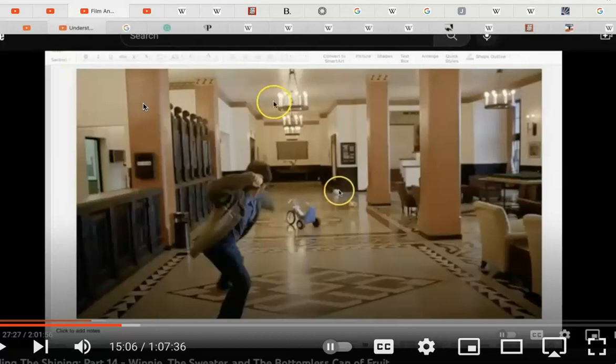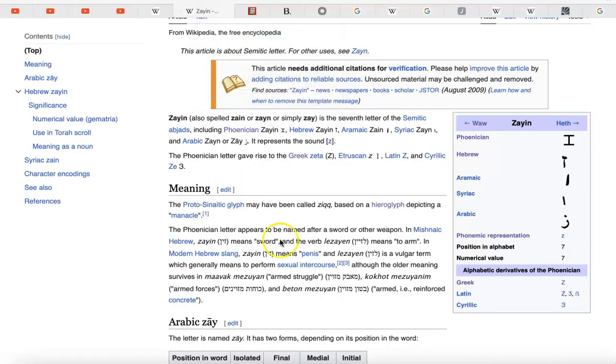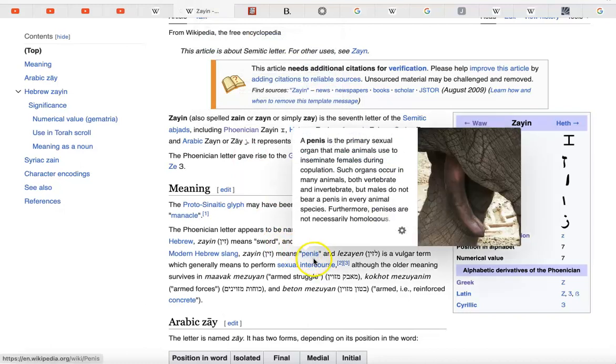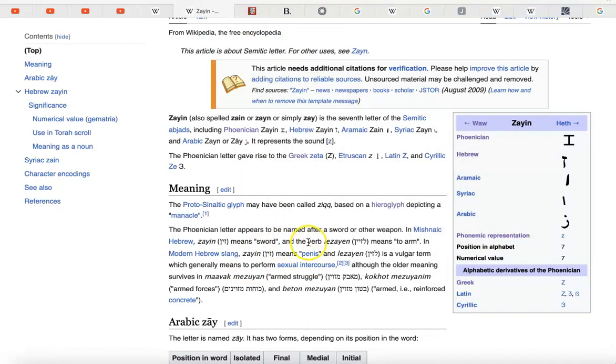We always forget that they don't ever call him Richard in the movie. No, they call him Dick every single time. Every single time they say his first name, they always say Dick, never Richard. So, got me thinking, maybe if it means penis, as well as a sword or weapon, an axe. Now that we've figured that out, is that why Dick Halloran is named Dick Halloran?